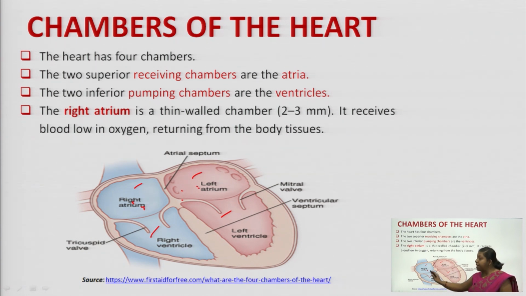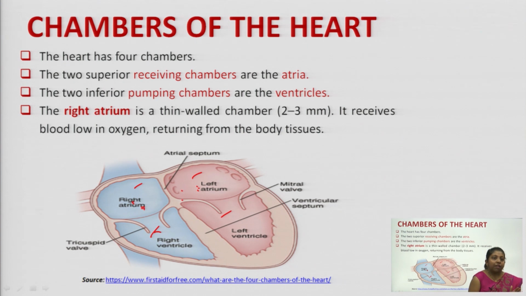Fine. So basically we are dividing our heart into 4 chambers. The upper 2 chambers are termed as atria, that is right atrium and left atrium. When we talk in general, we say atria, and when we are talking about the single part, we say atrium. So the upper parts are right atrium and left atrium. Similarly, the lower regions are the pumping chambers, which are right ventricle and left ventricle. Fine. So we will start one by one.